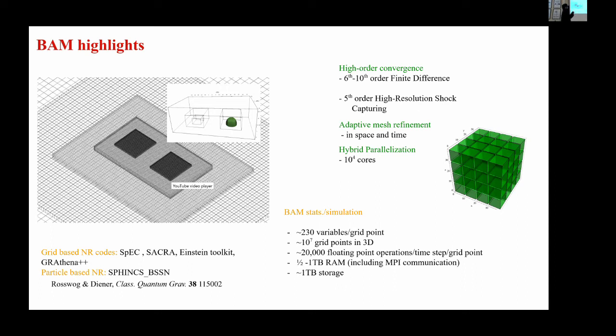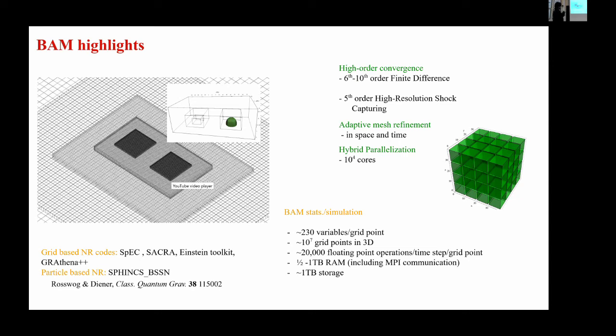And then you also have a high resolution shock capturing scheme, which is used to capture shocks which can form in the violent merger scenarios of neutron star mergers. Such systems have a wide range of scales at which physical processes are happening. So to capture different length scales and time scales of the physical processes, we also need adaptive mesh refinement. In BAM, we have a mesh refinement, shown here in this schematic. Basically, BAM has a box-in-box mesh refinement.